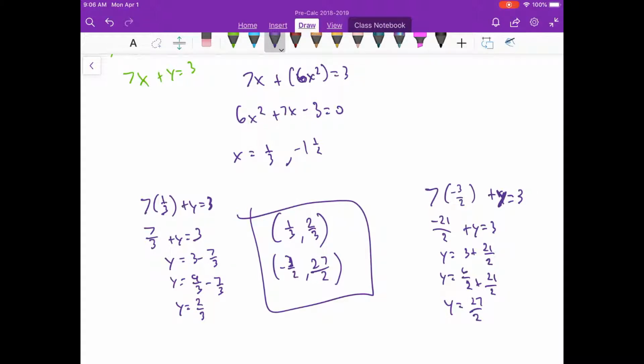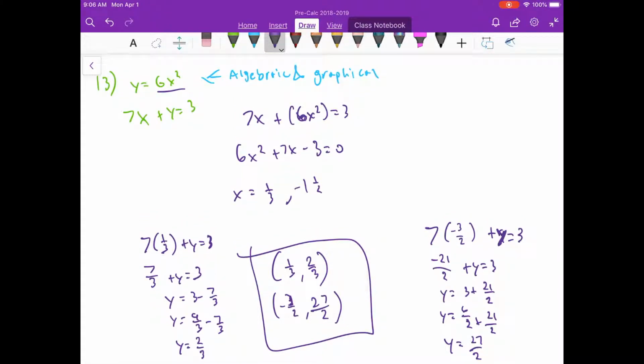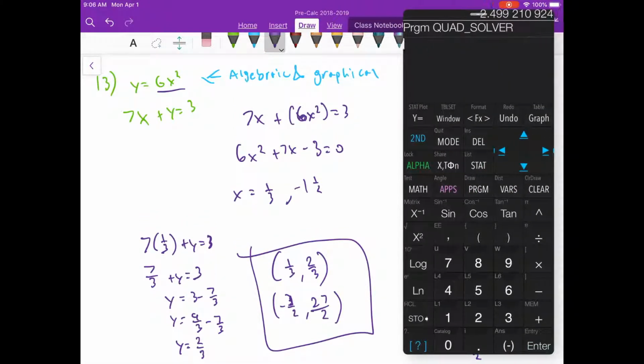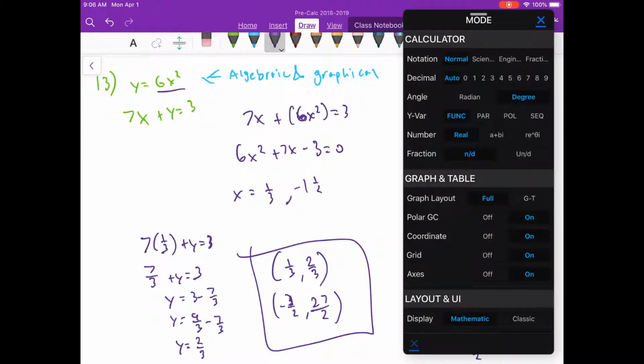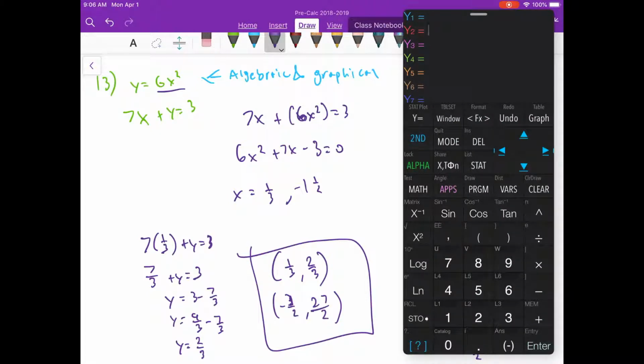Let's go ahead and confirm this graphically to show this is actually what we're talking about. So if I plug these into my graphing calculator, let's make sure I'm in the right mode. I am in function mode, degrees, cool. So I have y equals 6x squared, and then the second equation, which will be y equals negative 7x plus 3. I just moved the 7x to the side quickly in my head. All right, so if we graph that,